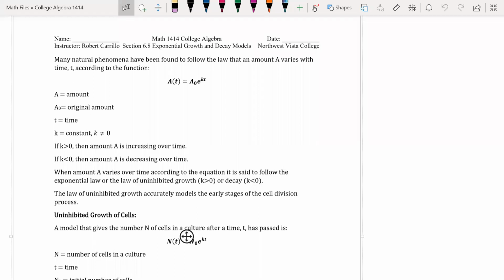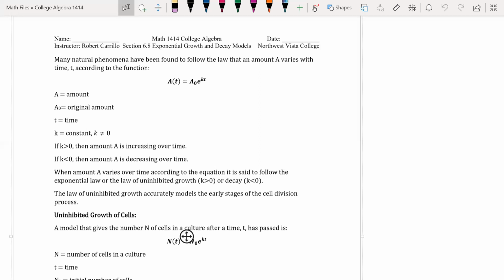Okay, so today we have 6.8, which is going to be about exponential growth and decay models. So we are going to be working with exponential functions that represent growth or decay. All right. So many natural phenomena have been found to follow the law that an amount A varies with time t according to the function A of t equals A initial times e to the kt, where A is your final amount, A initial is your initial or original amount, t is time, and k is your growth or decay